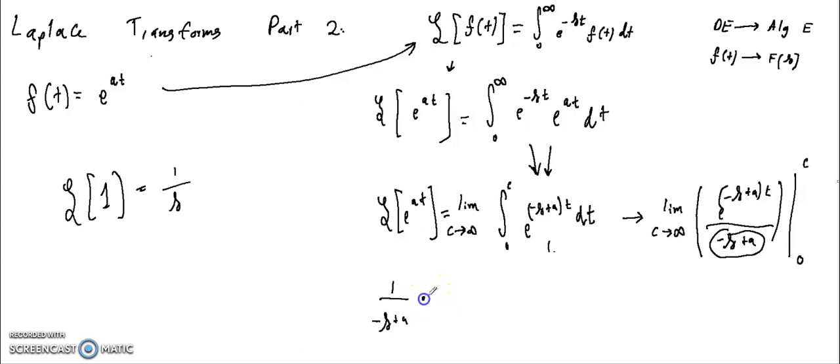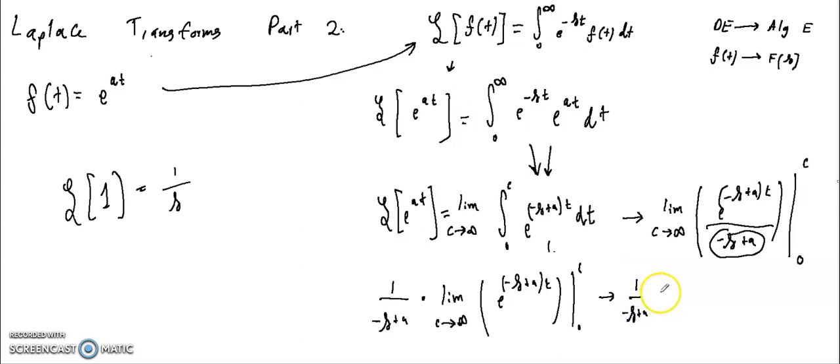And then we still have the limit as c approaches infinity of e to the minus s plus a times t in the exponent, with bounds from 0 to c. Well, this equals 1 over negative s plus a times, if we plug in c for t, we get,